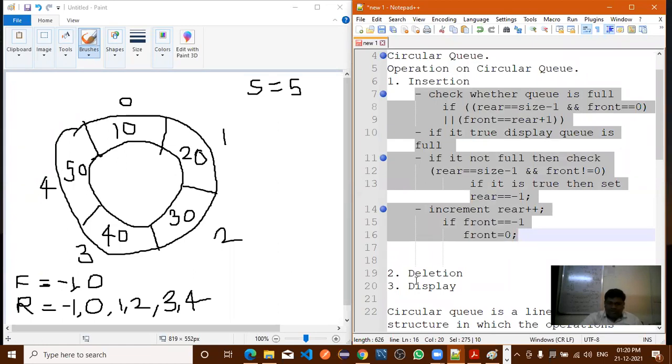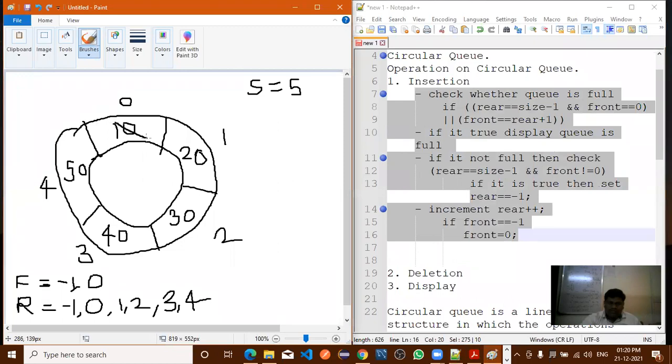Now suppose that by using the delete operation I have deleted the element 10. Now what will the value of front be? 1. What is the value of front now? Now I want to insert 60. Check the condition. Will this condition be true? Rear is equal to size - 1, okay, but is front equal to 0?